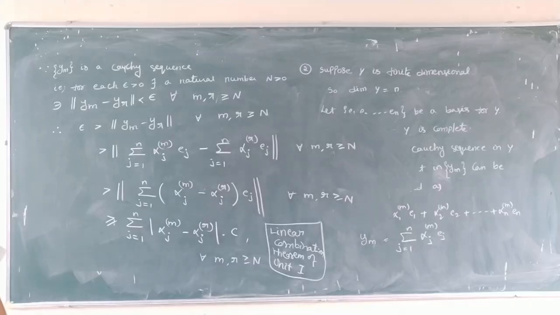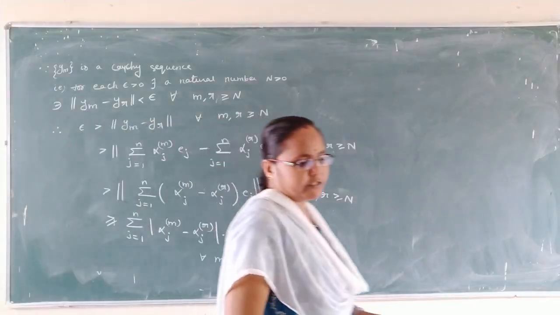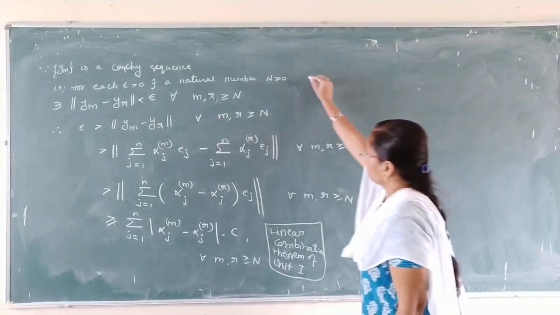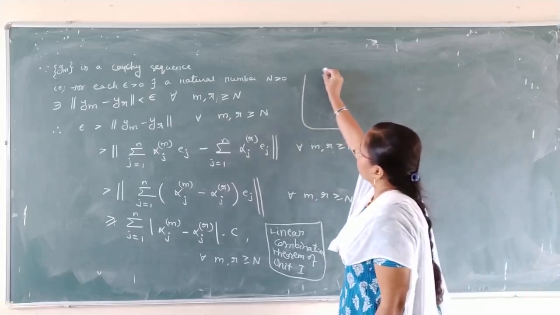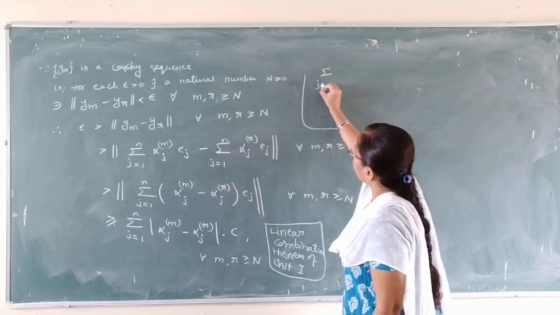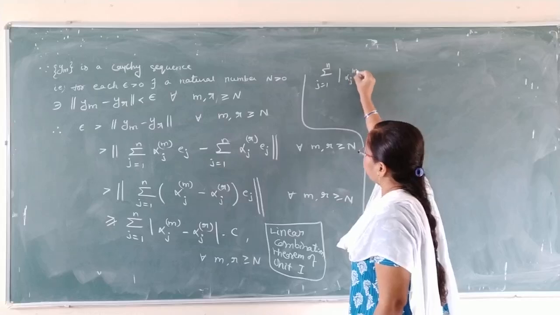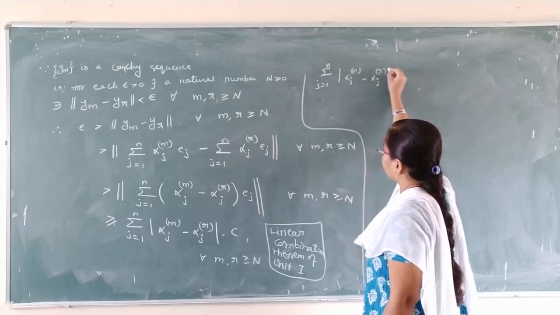Now we are writing this condition in reverse. See the next line. We have to write this condition in reverse. Okay, write it in reverse first. Summation j equal to 1 to n, modulus of alpha jm minus alpha jr into